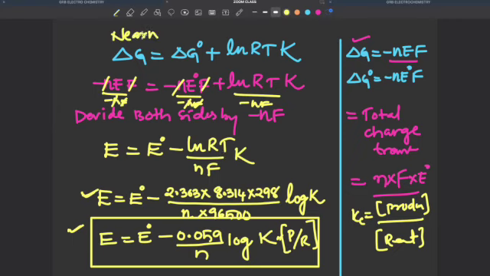Nernst equation. चलो इसको नोट इट डाउन, बोर्ड पे।